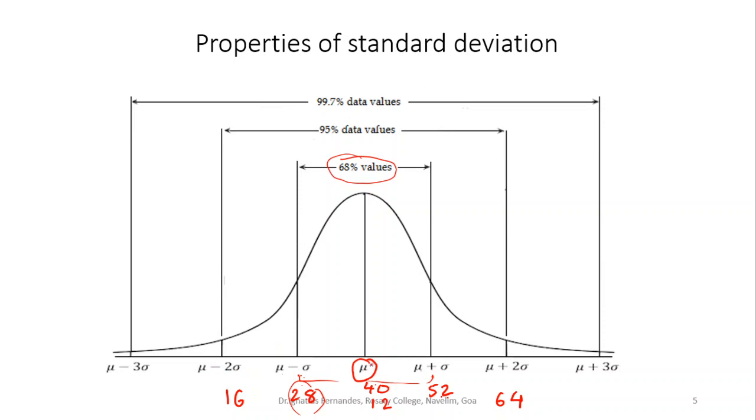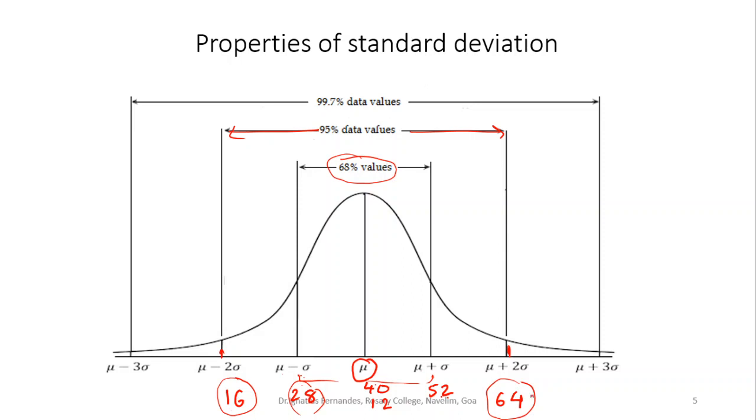For a distribution like this, mu, the mean minus 2 sigma and mean plus 2 sigma, it is known that 95% of the values are within these limits. So for a symmetric curve like this, you can be confident that 95% of the data values are between mean minus 2 sigma and mean plus 2 sigma. In this case, you can be sure that 95% of the restaurants have their cost of meals between rupees 16